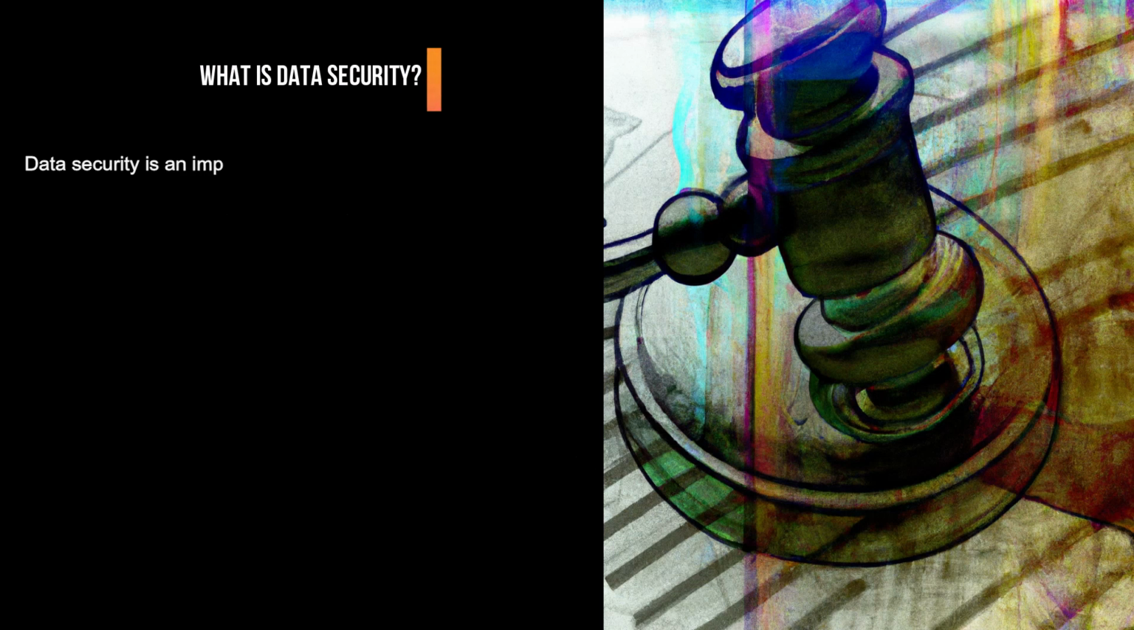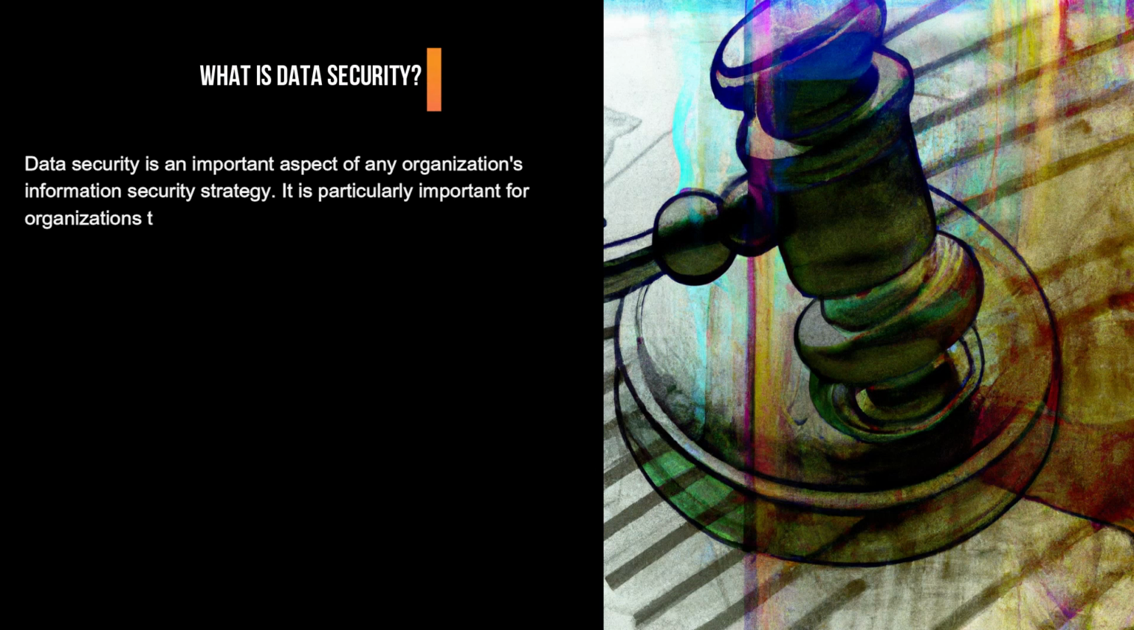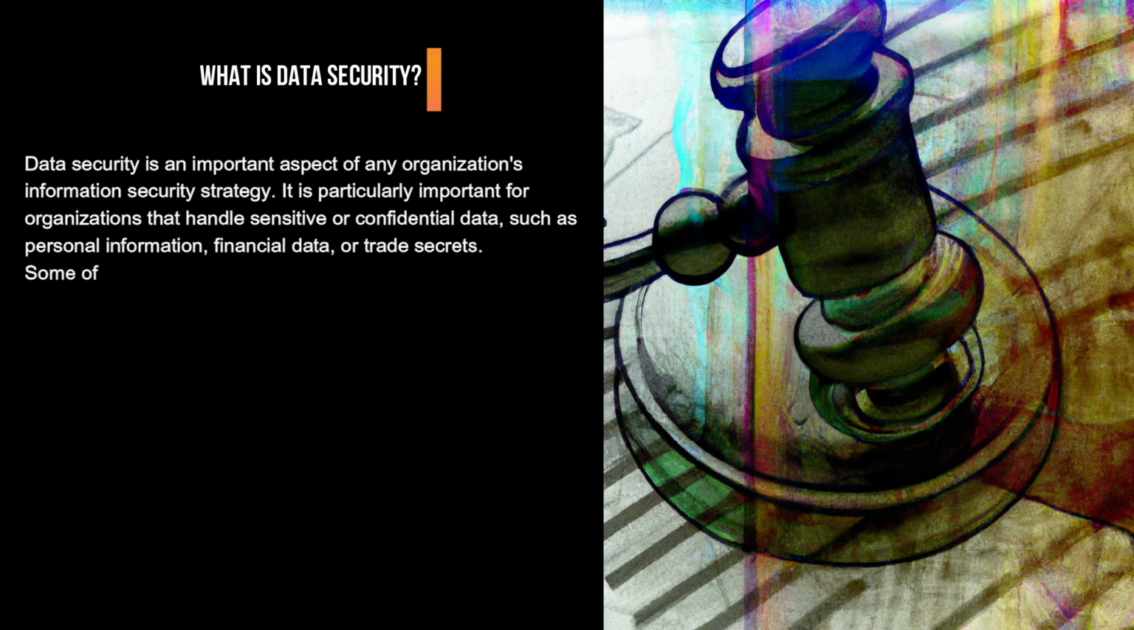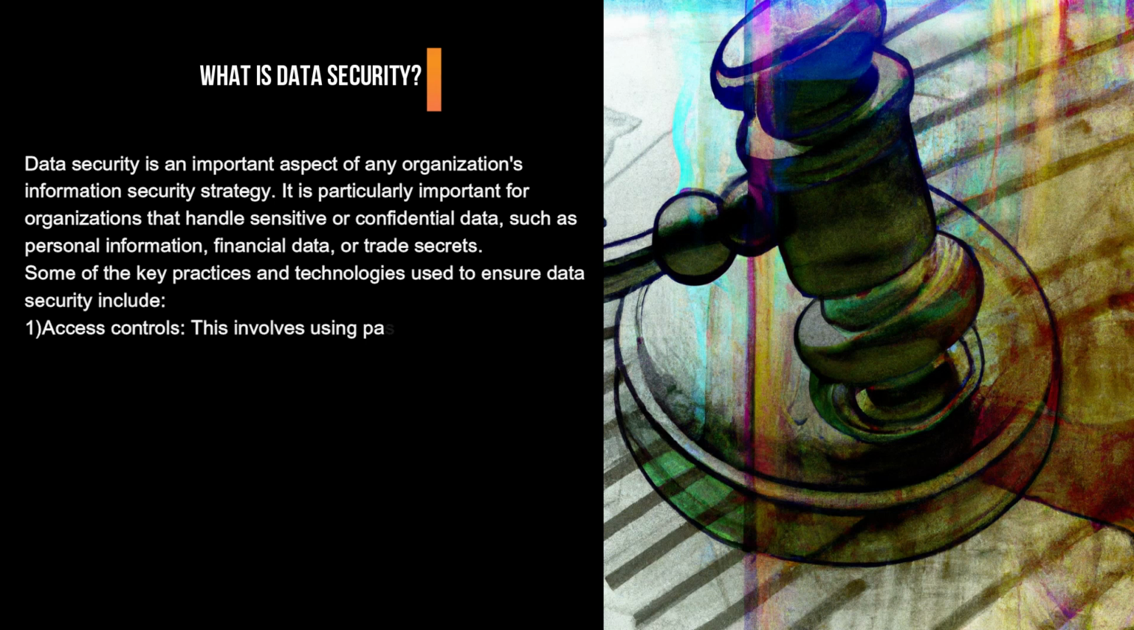What is data security? Data security is an important aspect of any organization's information security strategy. It is particularly important for organizations that handle sensitive or confidential data, such as personal information, financial data, or trade secrets. Some of the key practices and technologies used to ensure data security include: